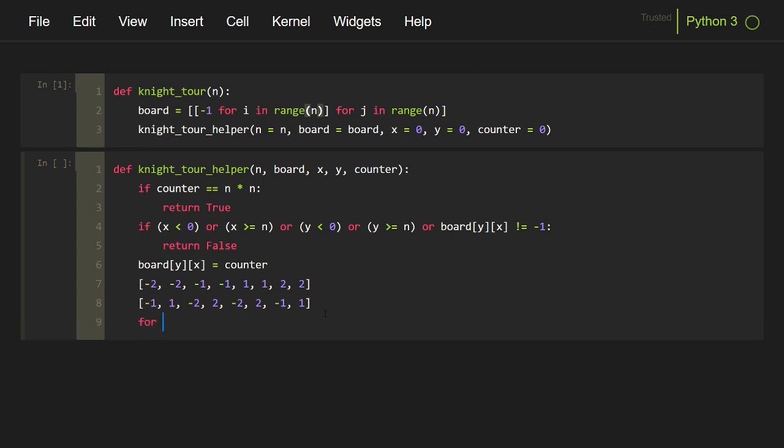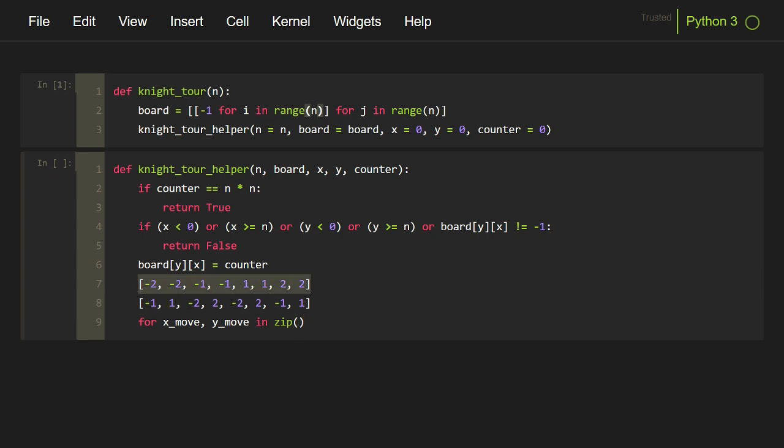So I will use a for loop for x move and y move. Now we need to check for all the possibilities, so we need to extract one element at a time. So -2, -1, -2, 1 and so on. So we can easily use the zip function like this, and we can pass this list.